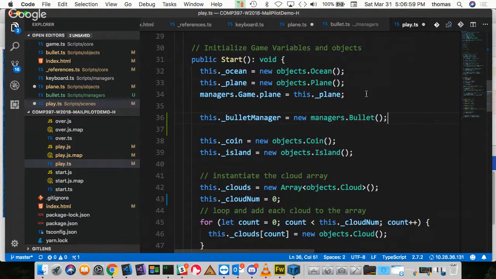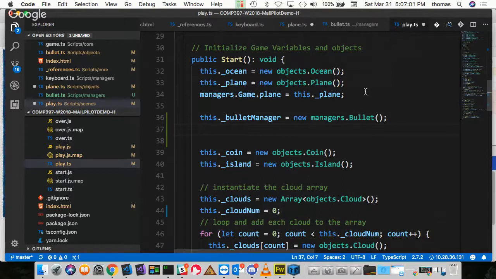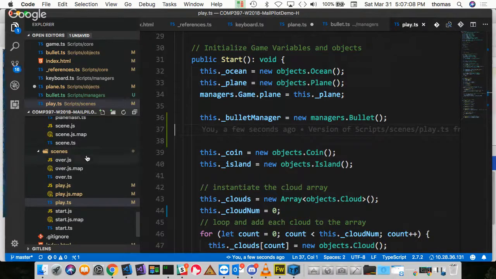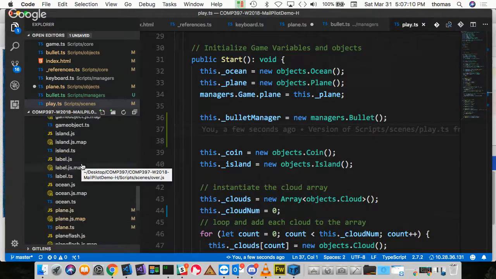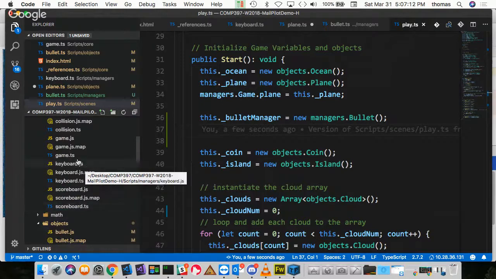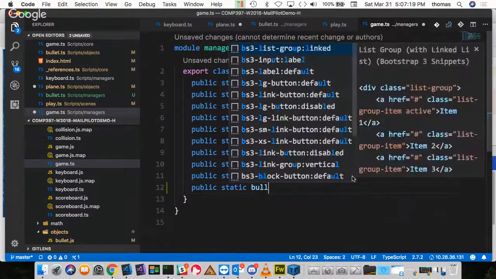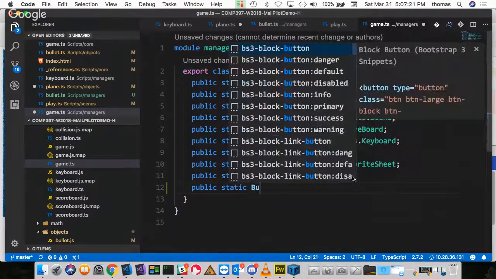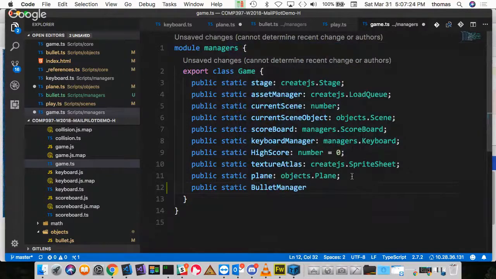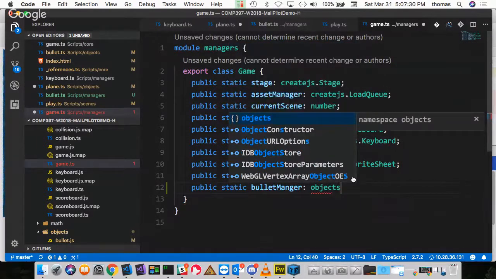All right, cool. That's cool, but I also want to keep track of it inside my game manager because I want to make it available, right? So what I'm going to do is in my game manager, again, this is like my globals. I want to create another object called public static bullet manager, just like I have here. Make it the other way around. Is equal to of type managers